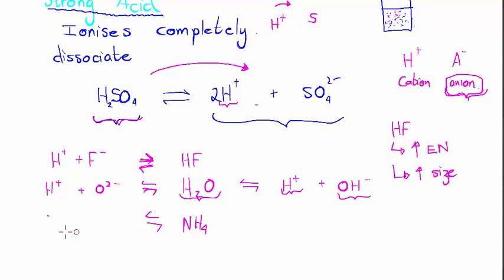NH4 would be 4 hydrogens, this was 2 hydrogens, 4 hydrogens and it's not 4, it's 3, sorry. This is the compound NH3, ammonia. Is ammonia a strong acid? In other words, would it donate